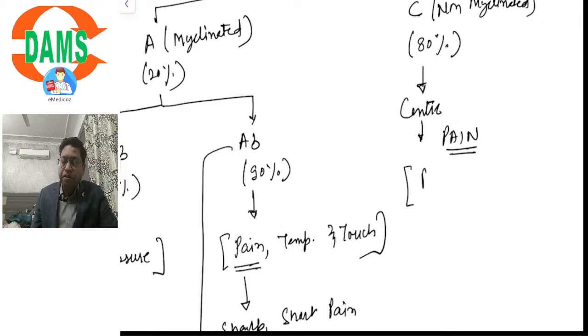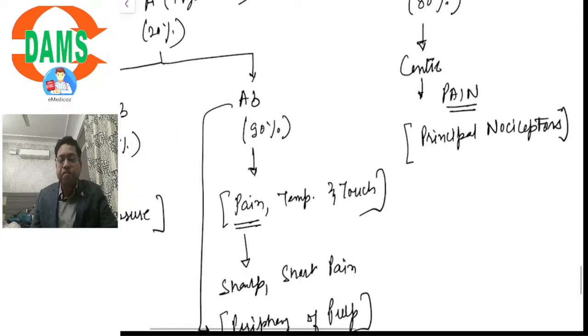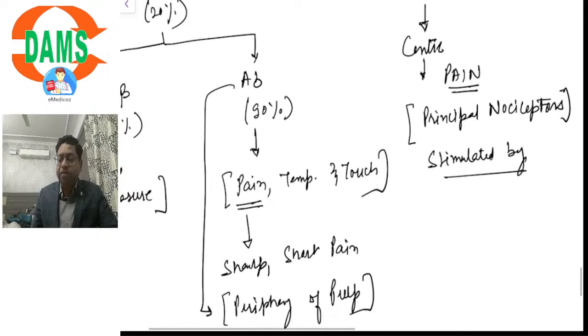They are also called principal nociceptors. What are nociceptors? Fibers which carry the sensation of pain. So these pain-carrying fibers of the pulp, they are the C fibers, and they are called principal nociceptors. Okay. They are stimulated by temperature,